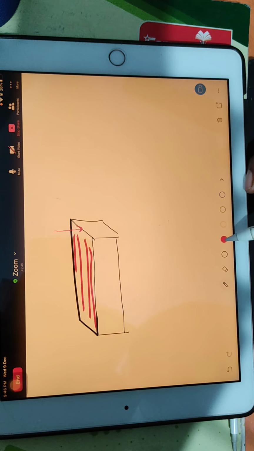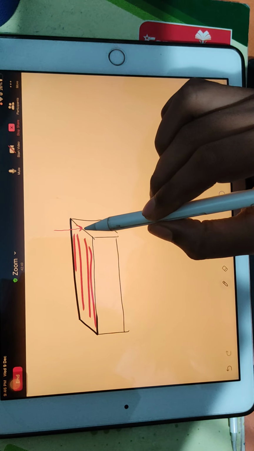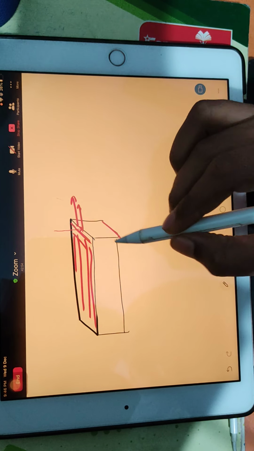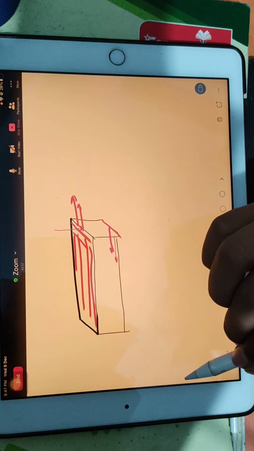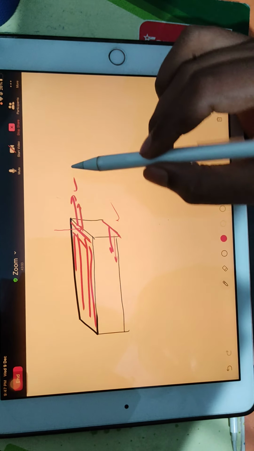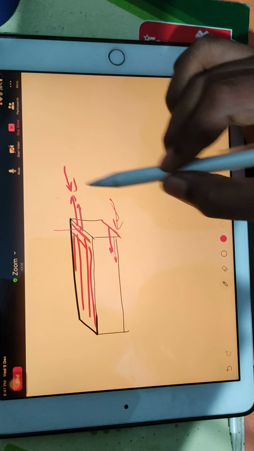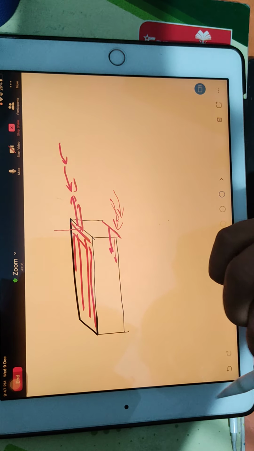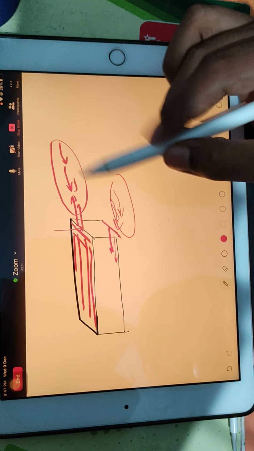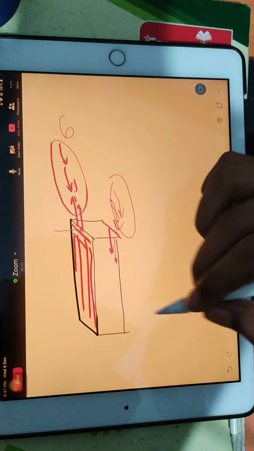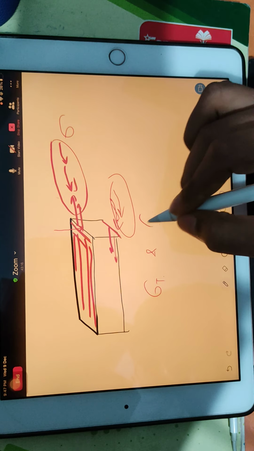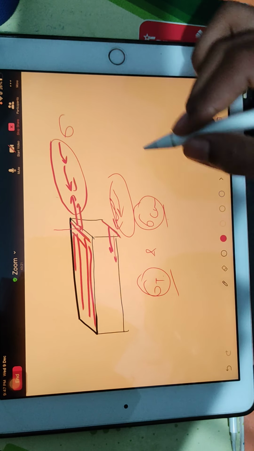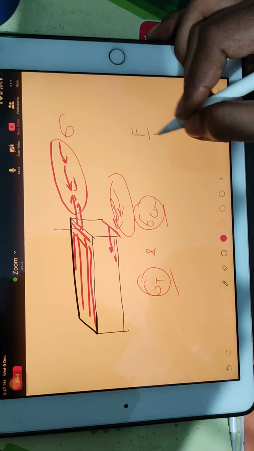So what will happen? Your beam will experience that this upper layer is going out in this direction, and this bottom layer is going in this direction. So here the length is increasing and here the length is decreasing. Means you can say tensile stress is being developed here, compressive stress is being developed here. So this tensile and compressive stress we give symbol as sigma. So sigma tensile and sigma compressive, they both are acting here. So that sigma usually we find out by load by area.